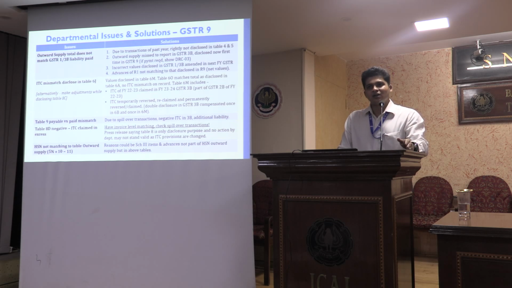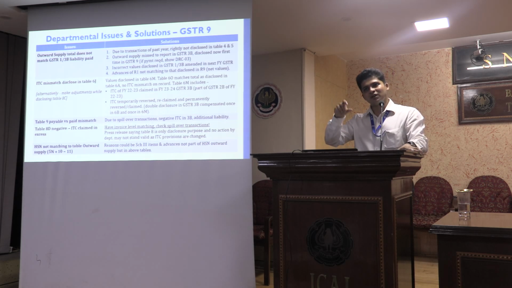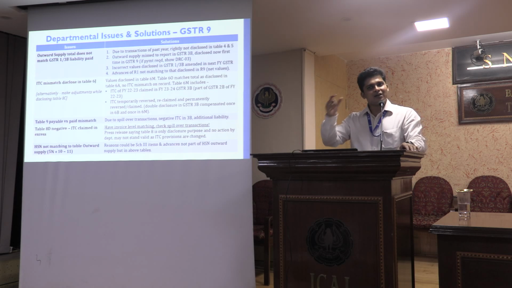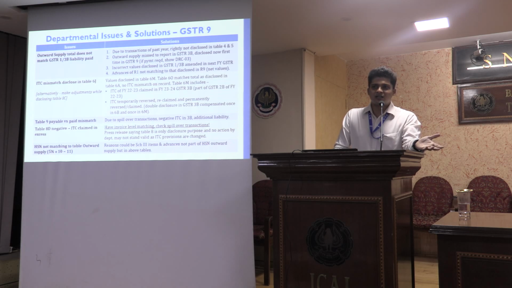So therefore, like I mentioned in the starting management report, if I open my reconciliation statement, turnover, outward supplies with tax, I will be able to match it with my 1 and 3B. If there is a variance with GSTR 9, the reason, which could be because of previous year disclosures, would be provided in my notes. So that I will then be providing as a reason to the department and clarify and close the dispute